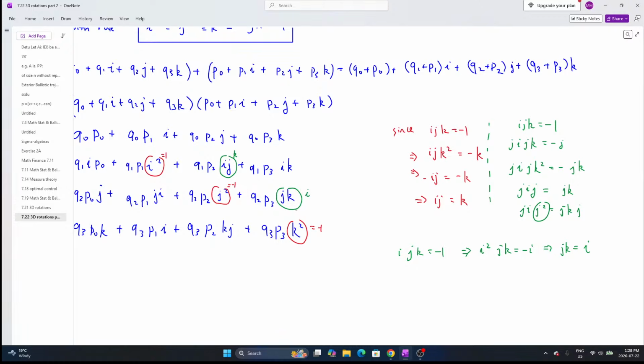jk is i. Okay, and what about ik? So j is in the middle of this identity, ijk. j is in the middle. How do we get ik? Well, let's think about